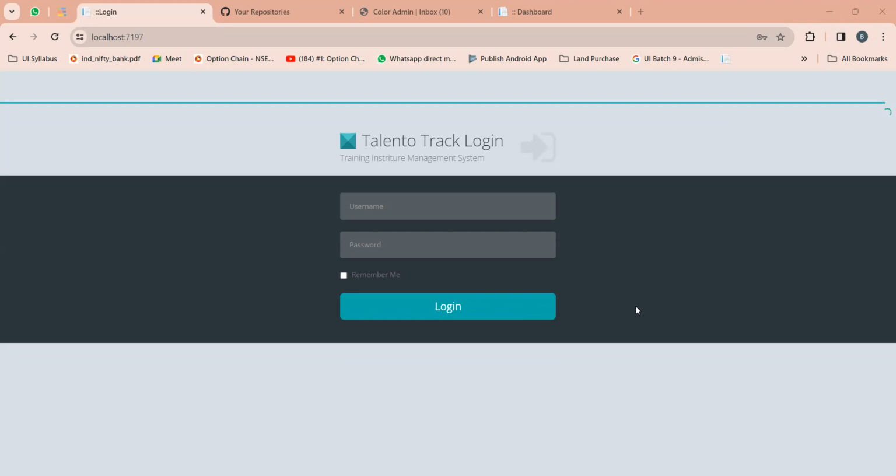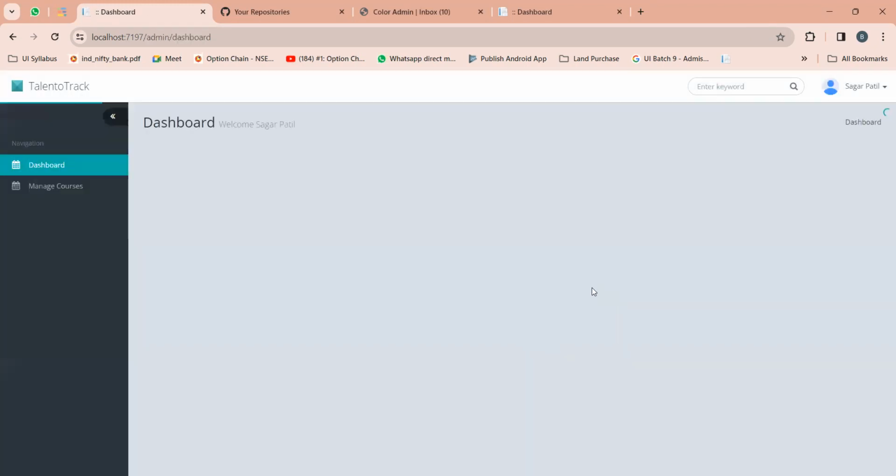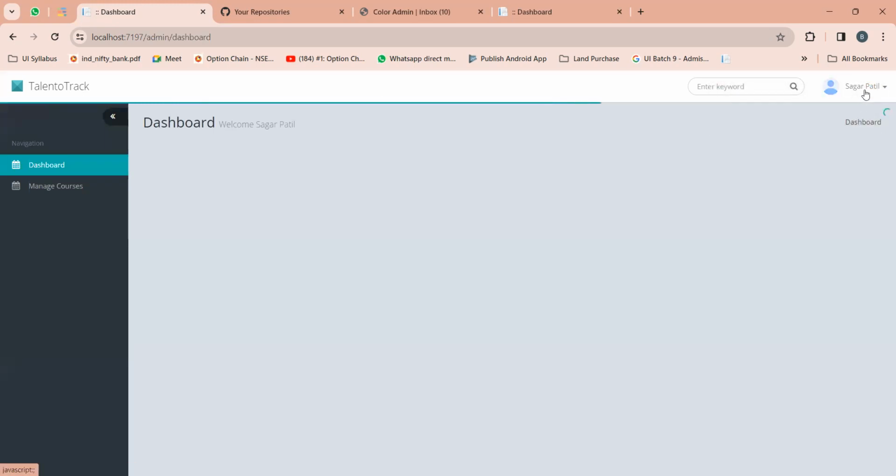In this session, we are going to implement authorization in our project. In the last session, we saw how to implement authentication. Authentication means that if you provide your username and password and click on login, then once the user is logged in, we show his name here. It means we have successfully authenticated